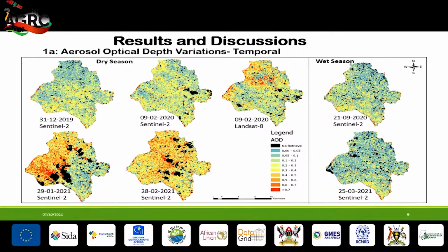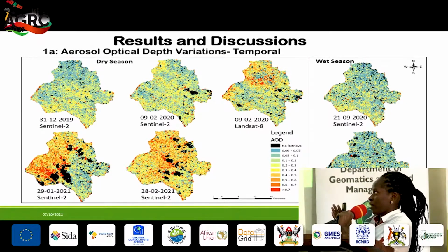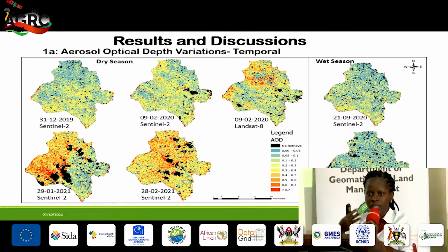For Landsat, we have only one image because the ground observations were missing for the images that could have been available at that time, so we could not use them in the analysis. The other thing was cloud cover, which reduced the Landsat images. That's why we ended up with one. Also, given that Sentinel's temporal resolution is 5 days, it is easier to have many more Sentinel images